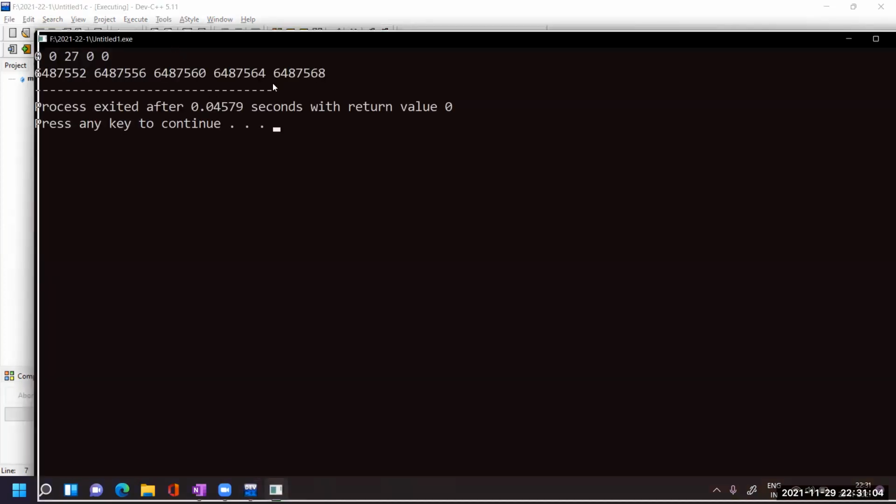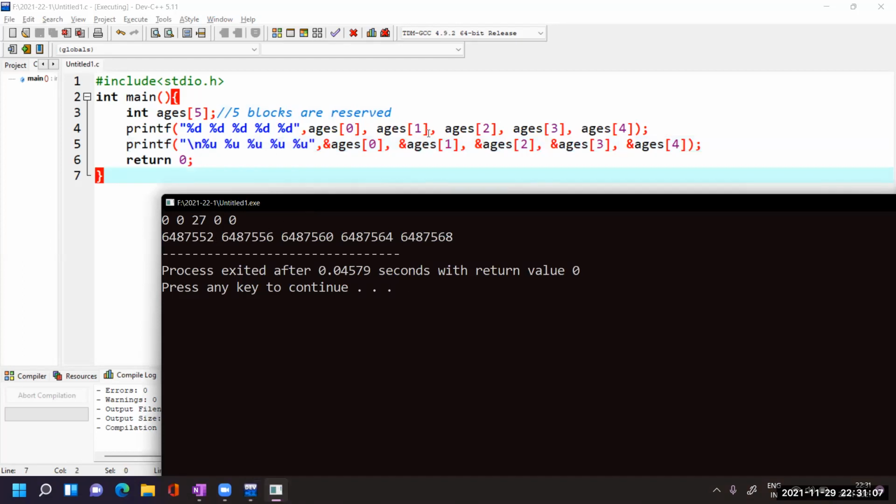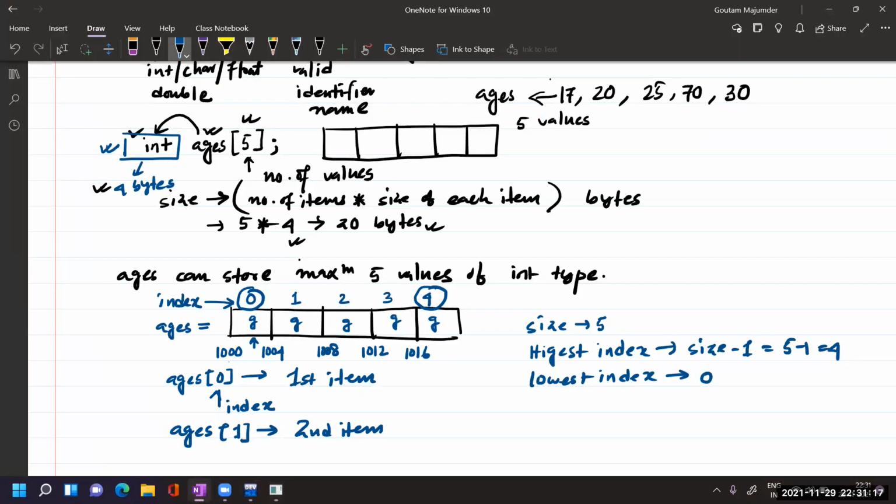Now see, the address of the first item, ages of 0, is 552, if I just take the last 3 digits. As I mentioned here, if I consider the first address as 1000, the next address will be 1004. Why? Because the type of the array is integer, and an integer takes 4 bytes of memory. So the next address will be 1000 plus 4, it is 1004.